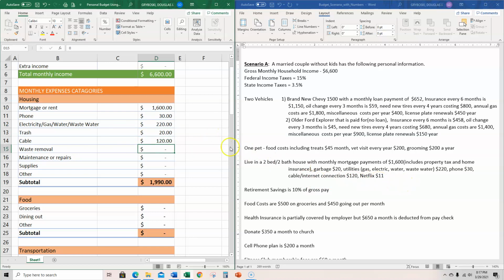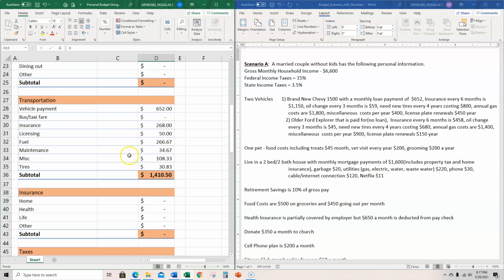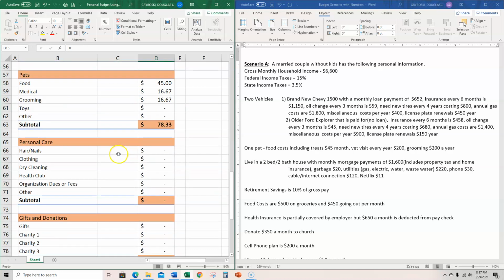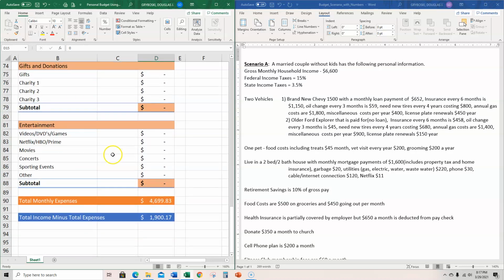And then Netflix is $11. I recall seeing Netflix in a different category. I believe it's in our entertainment category. There it is. Alright, so I'm going to put 11. I think it's more expensive than that. Back when I made this assignment, it was cheaper. Anyway,